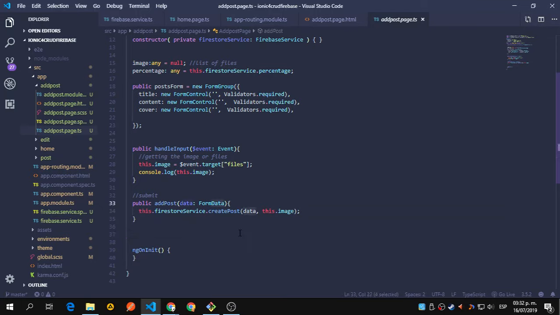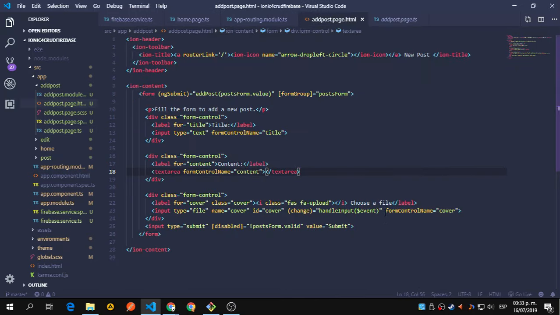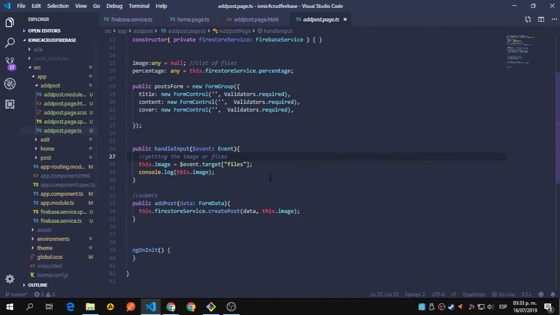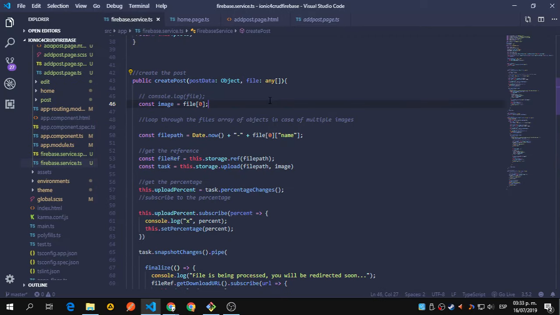The data is just the form values, and passing this image, since the image is not being stored or retrieved from this control name. We're using this special handle input that, in case you missed that, is this change event. Let me close this. Let me go back. Okay, and we're storing this image with the array of files in this variable, and that's what we are passing here. So how this is working is getting the object, that is the form object we're passing, and we're getting